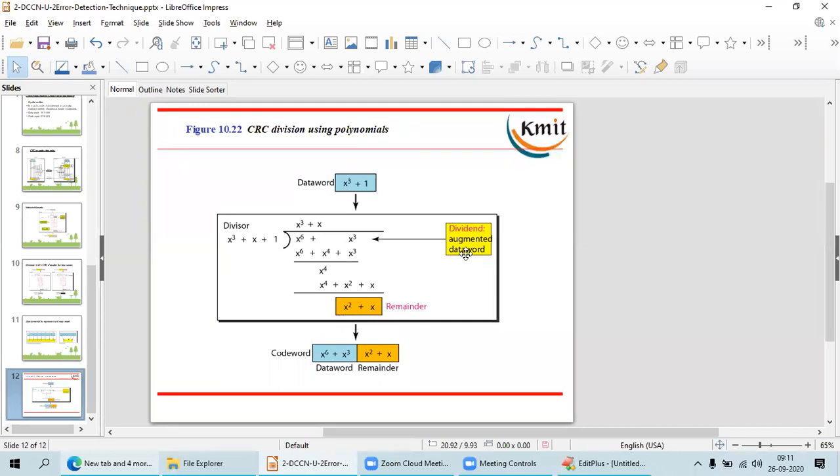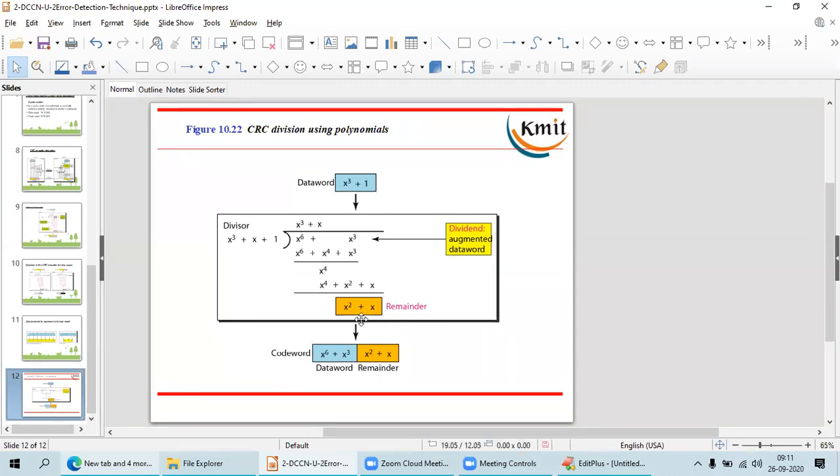I am multiplying the divisor with x power 3, so I got this particular thing. My resultant is x power 4. Whatever I have to multiply with x power 3, the divisor must be multiplied with x, giving x power 4 plus x square plus x.